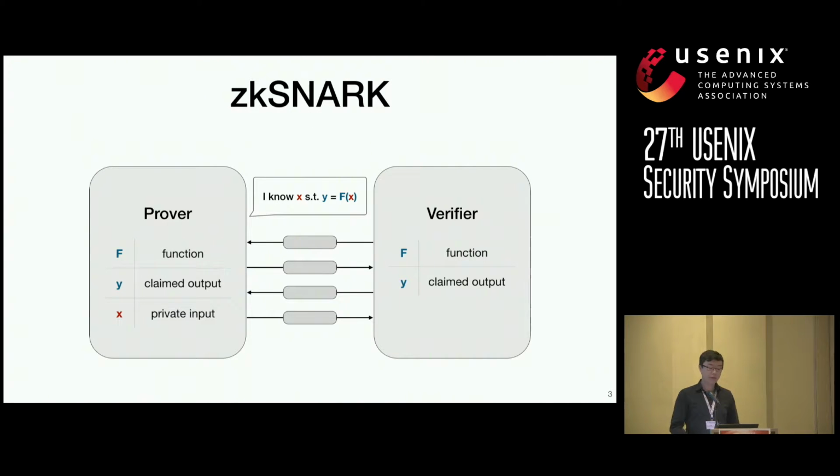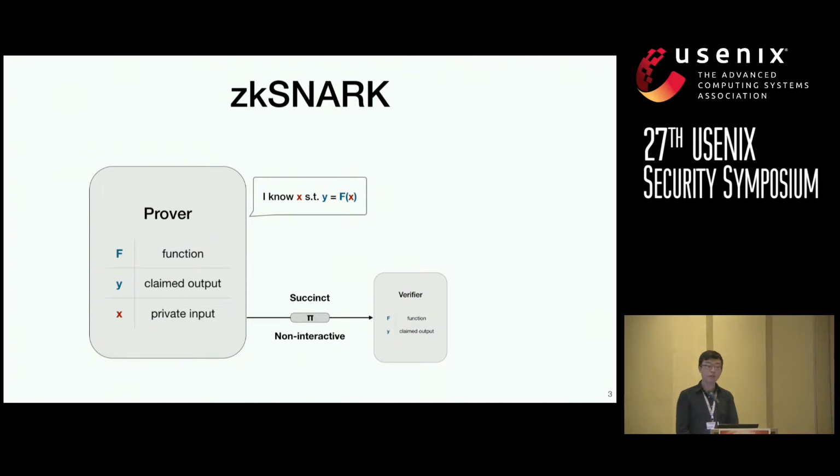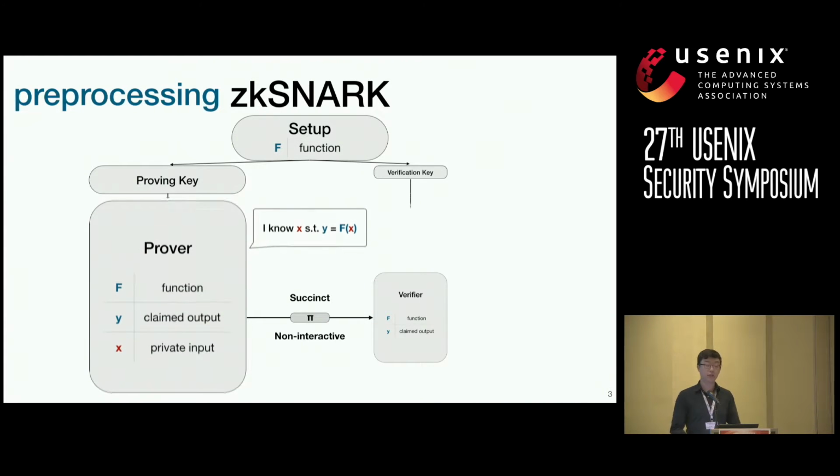Now, one particular type of zero-knowledge proof that has gained significant attention is that of ZK snarks. And a ZK snark is a zero-knowledge proof that has a few additional guarantees. First off, it is non-interactive, meaning the prover only needs to provide a proof to convince the verifier that they know the private input x. But in addition, it is also succinct, meaning that the proof is small in size and the verification time is fast.